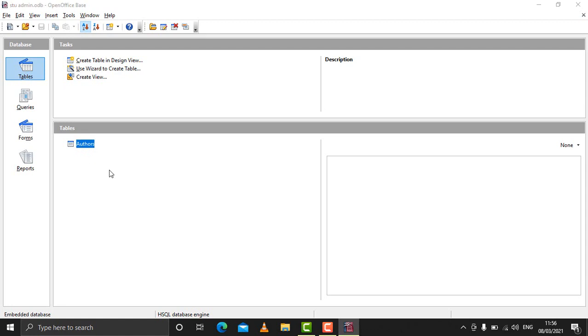Double click on this table. As you double click on this table, this is now the method through which we can enter the data in the table. Say for example you want ID, say for example ID is 114. First name is suppose Ravi, nationality is suppose Indian.